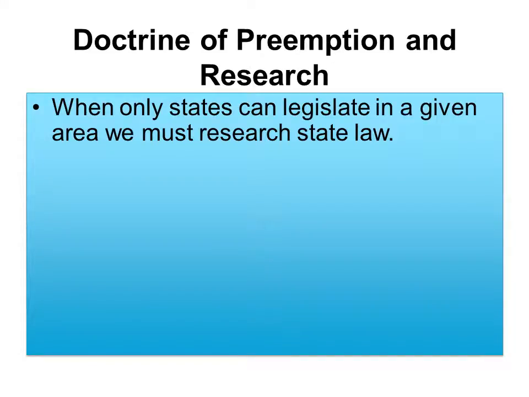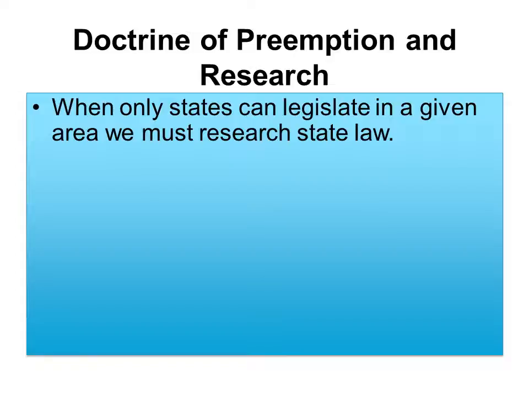So what's a takeaway from this when we are researching? Well, first of all, we know there are federal and state laws, and in the classification system of how I look for answers to this client's problem, or how I look for answers to just learn about the law, I have to ask myself, is it state or federal law? And sometimes, as we are researching, we necessarily have to ask ourselves this question of, does the doctrine of preemption apply? Because if I'm just researching in the state authorities that we talked about earlier, like common law or administrative law on the state level, or regulations of the administrative agency, and I'm not finding anything in the state, it may be that it's been preempted, that there won't be any state law on this, because